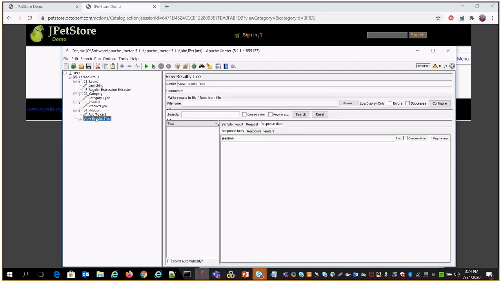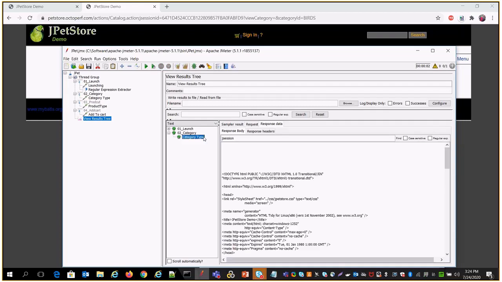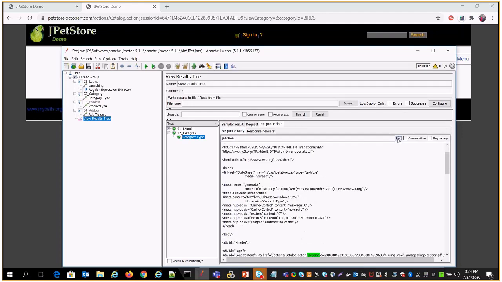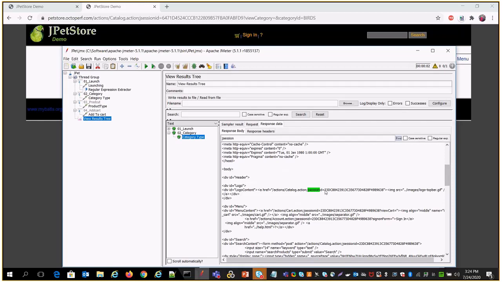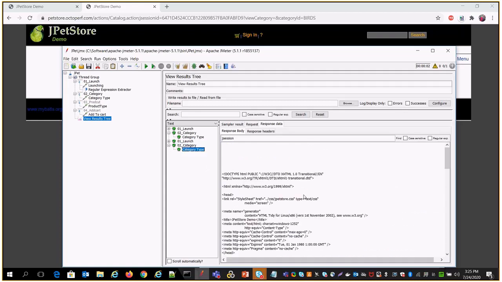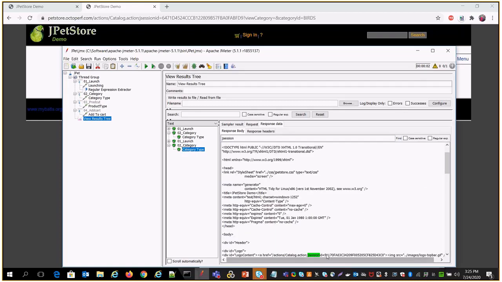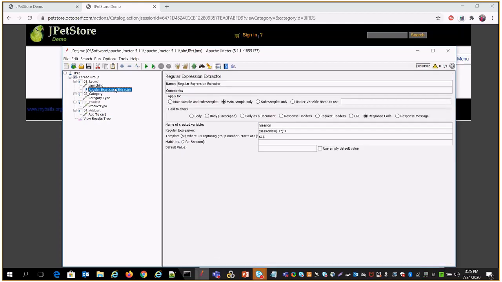Now I am going to replay the script, and we'll see whether we are getting a unique JSON ID every time. I click on the play button, go to the category, look at the response body on the JSON, and click on find. There I can see I am getting a value starting with 3D something. On the next iteration it shows a different unique ID, and again on the JSON ID I am getting 51170 something. That is the way we can do correlation in JMeter scripts.